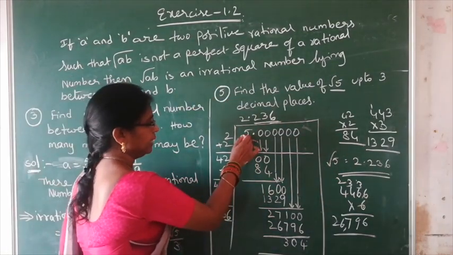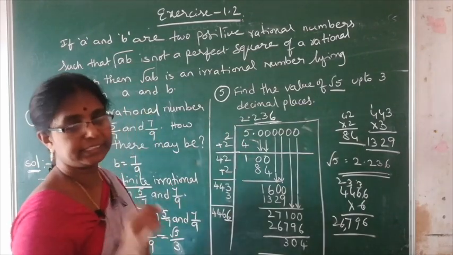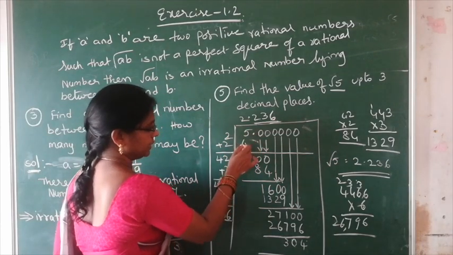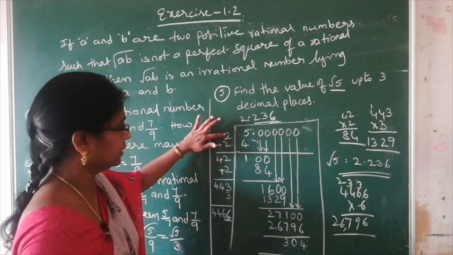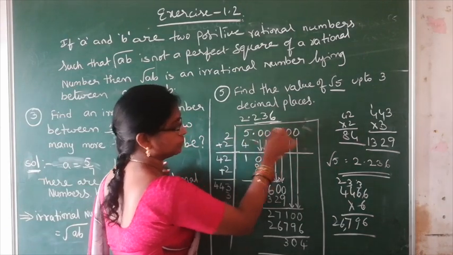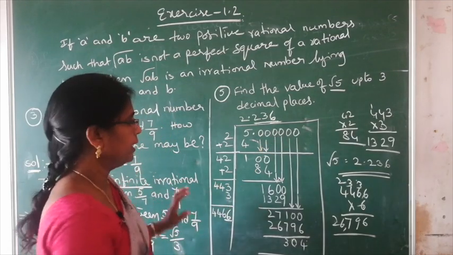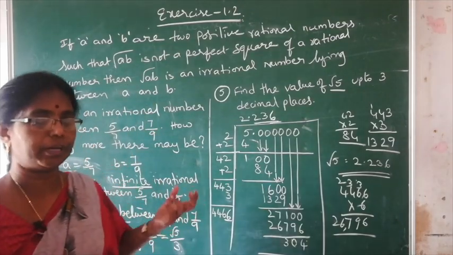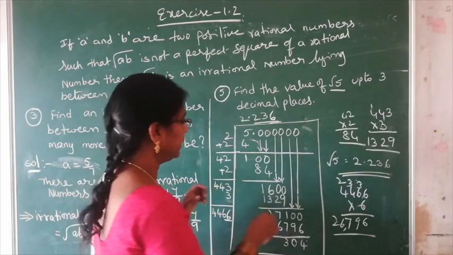Now, first 5. How to take? 2 2s are 4. The divisor also must be the same number as the quotient digit. Then 2 2s are 4. Next 5 minus 4, 1 remainder. Then what is the divisor? You have to add to the divisor: 2 plus 2, 4. Then here we keep the decimal point and add some zeros: 5.00000. Next we have to bring down 2 zeros. In general division we bring down only one place, but in square root we have to bring down 2 places. So bring down 2 zeros.